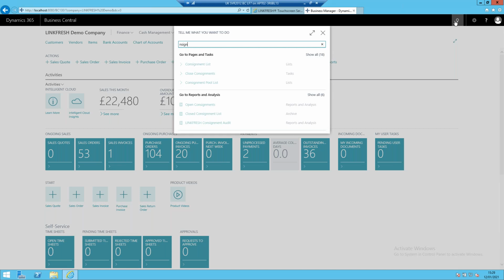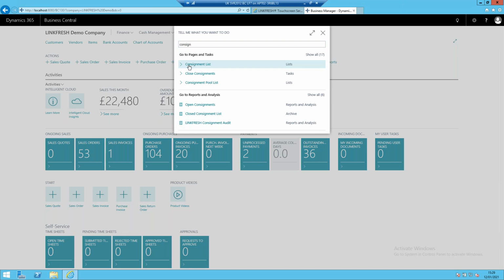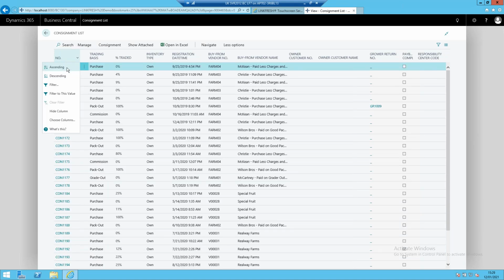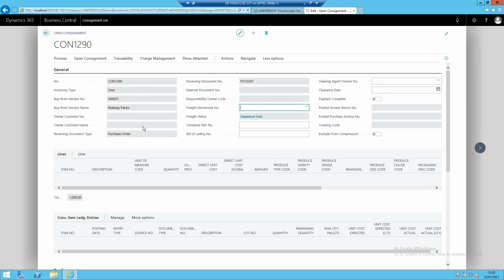So if I go back to my list of consignments, and I'm working with consignment number 90. And I've been working with consignment number 90, which we can now see is 40% traded. So if I click on the consignment record and open up the consignment record,